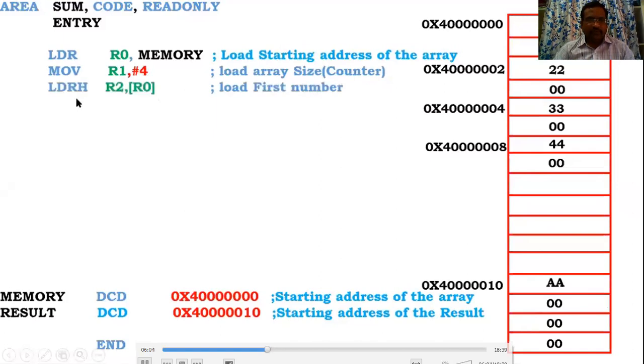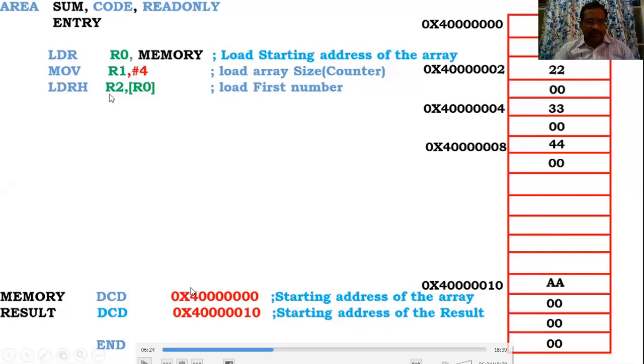And next, load the first number. What is our first number? 0011. Here we use load half word. LDR means loading a 32-bit value, LDRH means loading a half word 16-bit value, and LDRB means loading an 8-bit value. So you are loading a 16-bit number from R0.